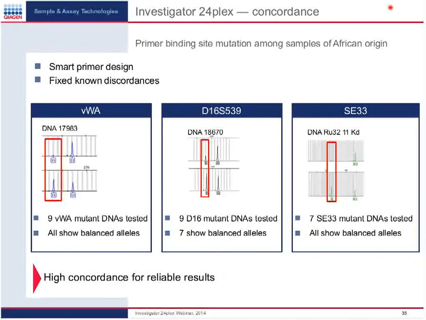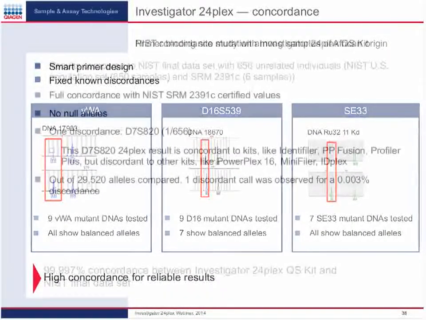For example, if you look at the SE33 marker, before it occurred that you had a drop-out for a certain sample. With 24Plex, we have now fixed this issue, and you get a very well amplified SE33 marker with both peaks, so the heterozygous profile can be easily identified. So we have a very high concordance for reliable results, and this was also tested by a certain